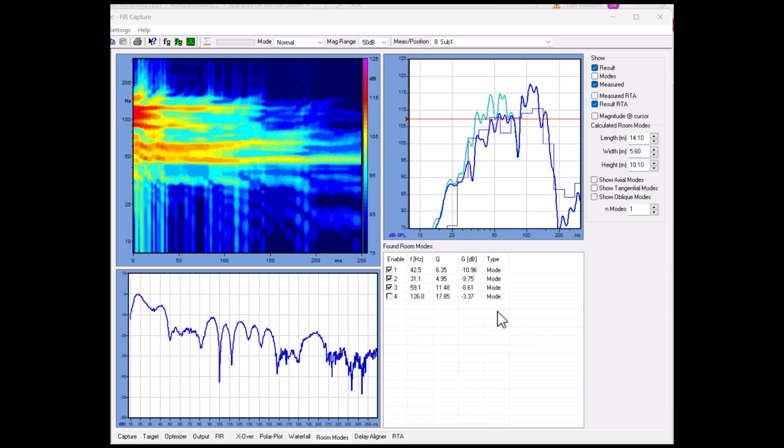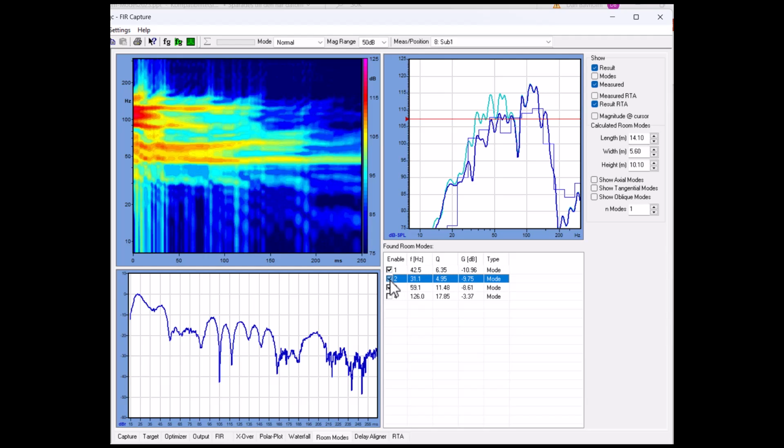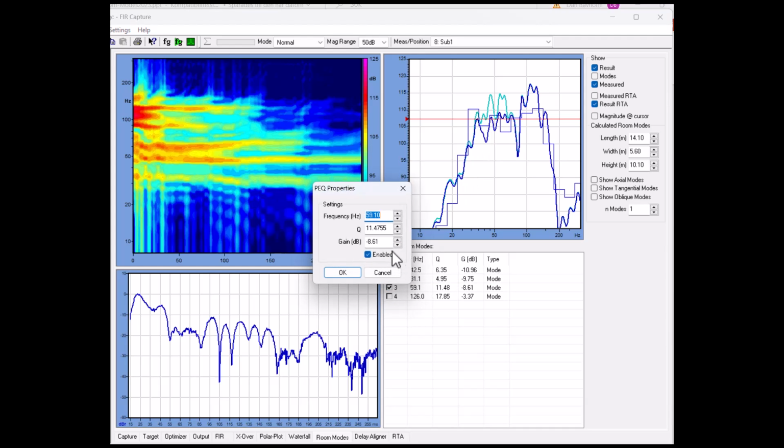You can edit these filters. You can see the effect of them by turning them on and off like this, and you can see that, for example, this second filter doesn't do so much. Maybe it does more harm because it takes away the last hertz in your sub. You're able to edit the parameters